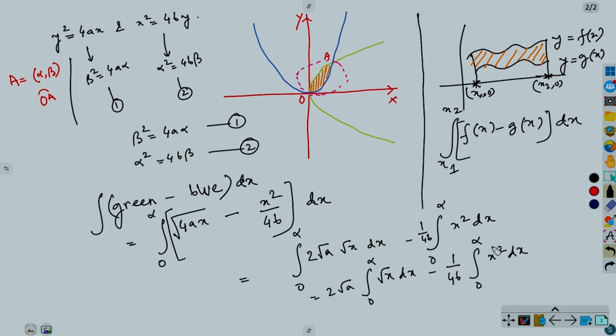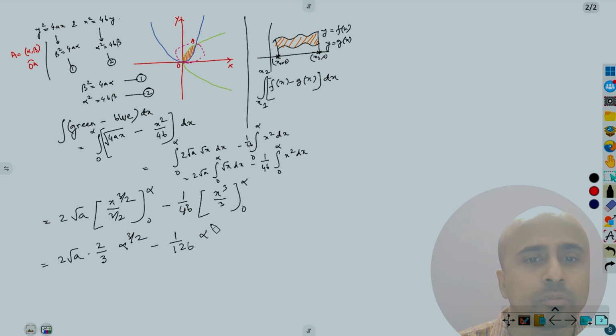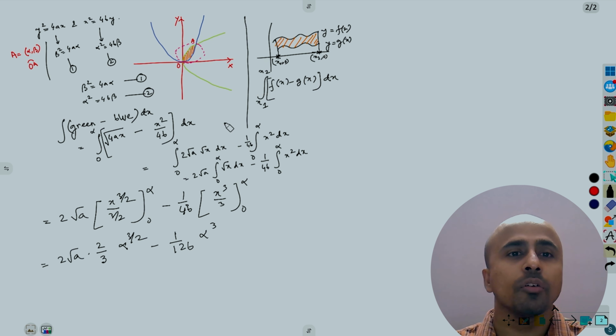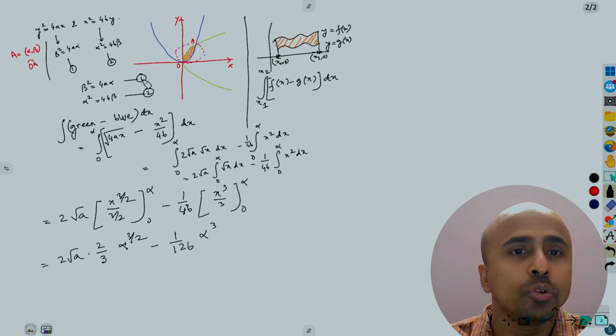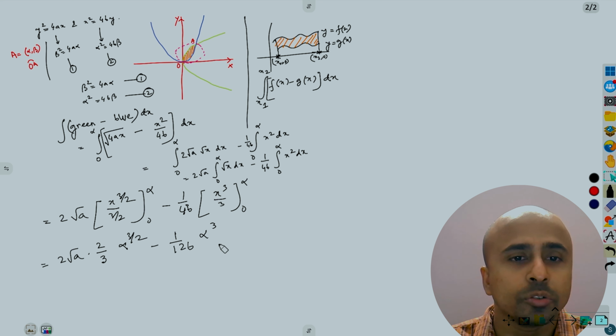Now it is pretty straightforward. We have to simplify this integration. Better you do it, pause the video, solve it, and look back at what answer you are getting. Okay, alpha cube. Now from 1 and 2 we have to do some computation here using 1 and 2. Okay,